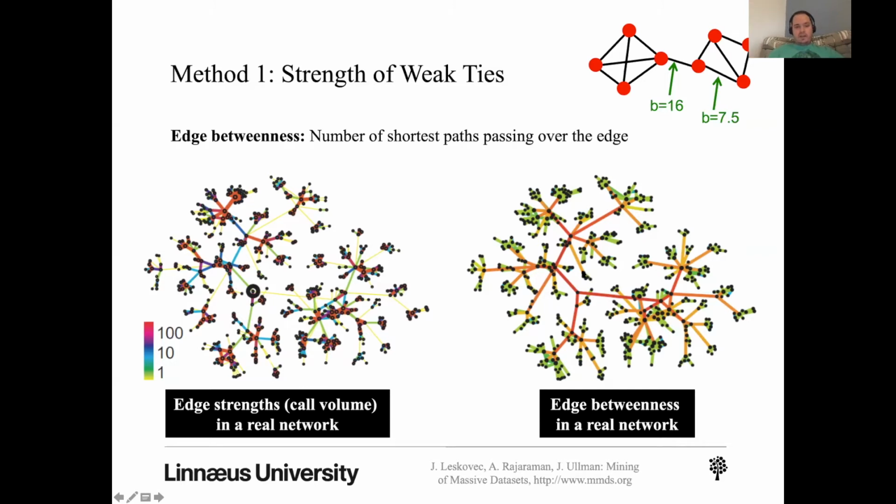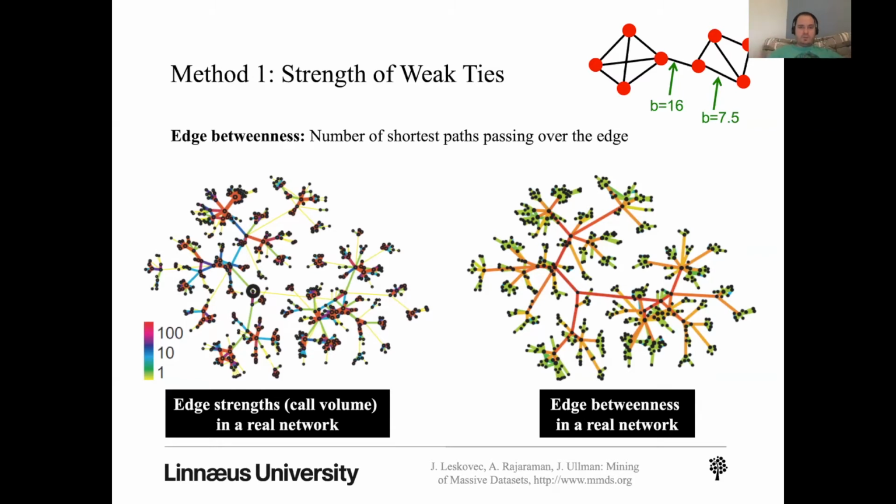But on the other hand, if you compute this thing called the edge betweenness, then you see that most of the red ones are the long ones, right? So it's nice to keep in mind these two interpretations. These edges have high betweenness because if you take any node from this part of the graph and any node from another part of the graph, then every theoretical path between them, even if it may or may not be actually used in practice,